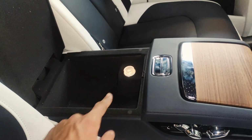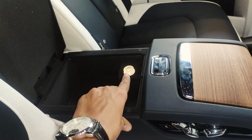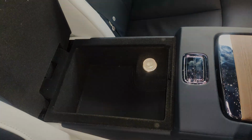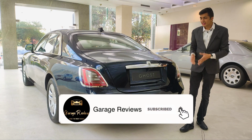And once you open it, as you can see, we have an obviously lighted 12-volt charging socket over there, and then you have this decently large storage cubby for keeping a lot of stuff. Now coming to one of the most important parts of our practicality session, that is the trunk of